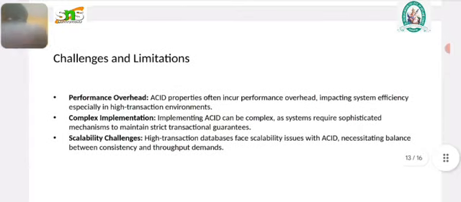Some of the challenges and limitations: the performance overhead and